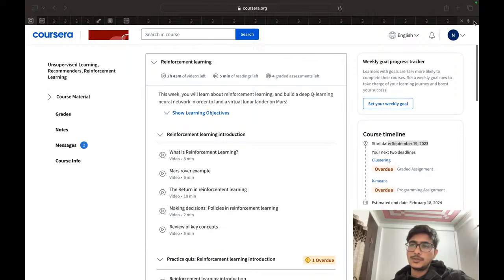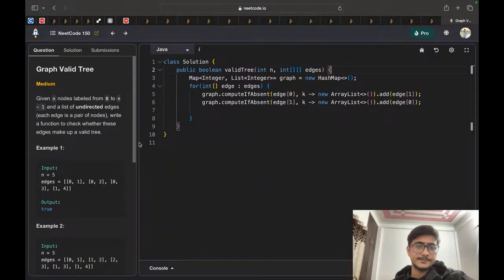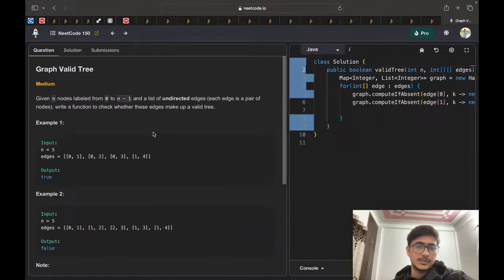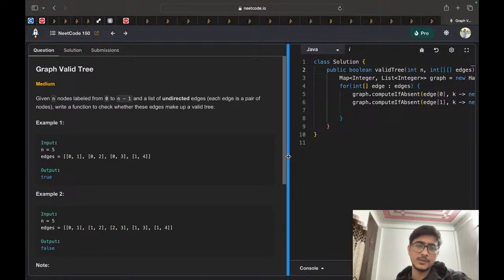ठीक है, तो हम इस क्वेश्चन पे थे। हमें ये बताना था कि जो हमारा ग्राफ है, अनडायरेक्टेड एजेस दे रखे हैं हमको, और हमको ये बताना है कि हमारा जो ये एजेस हैं ये एक ट्री बनाते हैं या नहीं। सो ट्री के लिए कंडीशन यही है कि उसमें कोई साइकिल नहीं होगी।